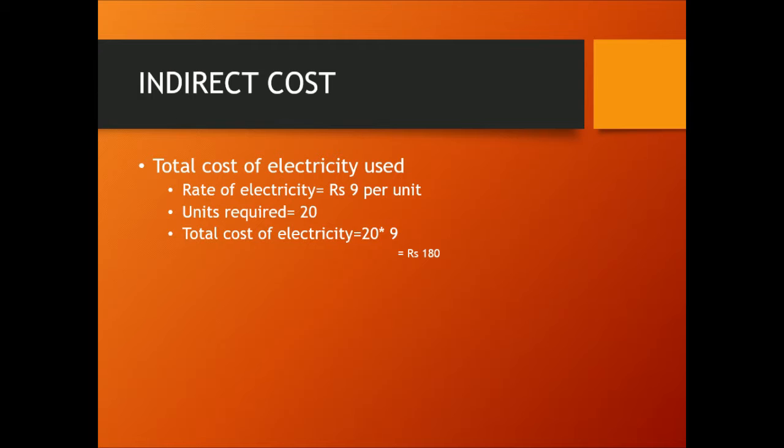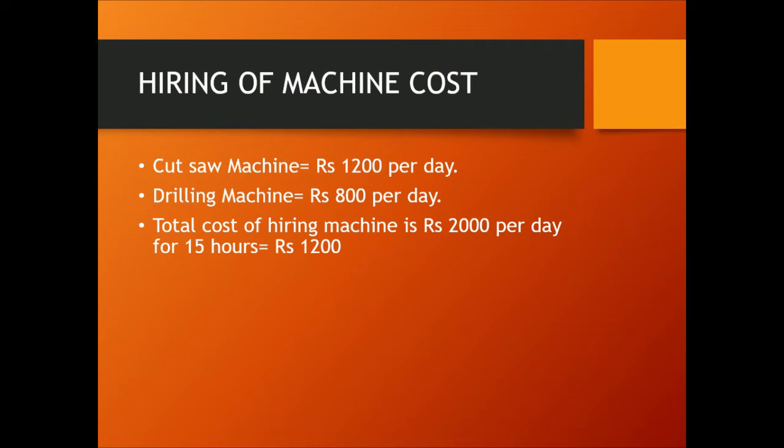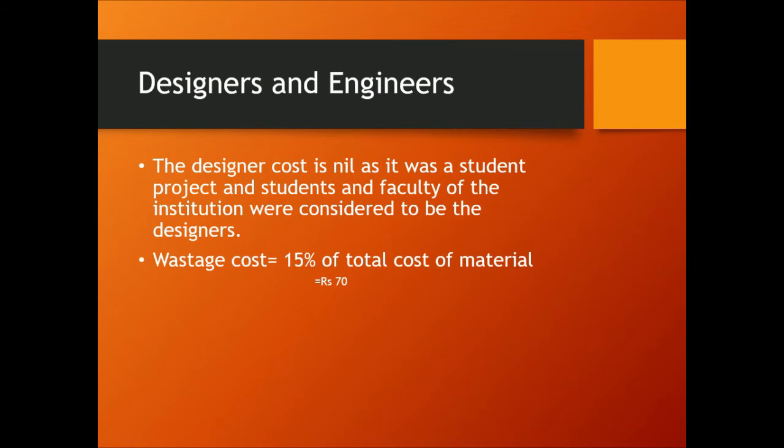And moving to the next part, the indirect cost, in which we have considered the electricity required for running the machines which we have used in testing and other processes, and then the hiring of machine cost will also be there, and later on the engineers and designers required in constructing the further model of this prototype are also considered in the